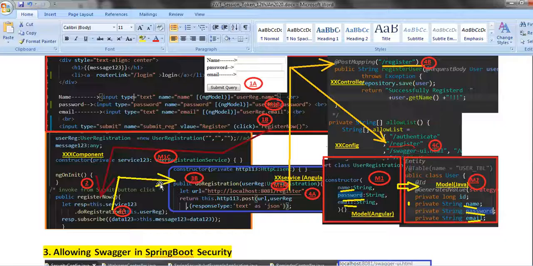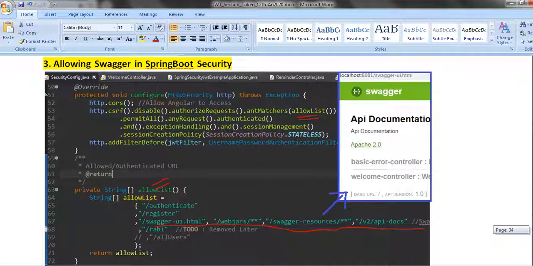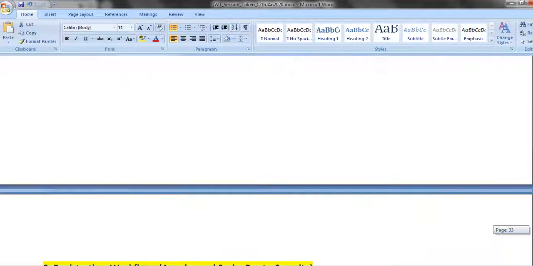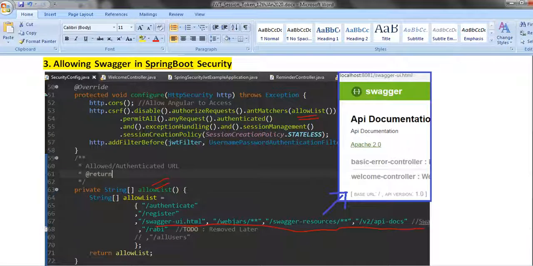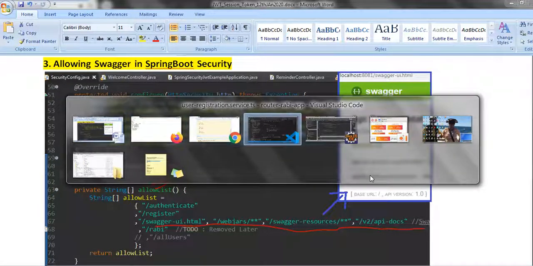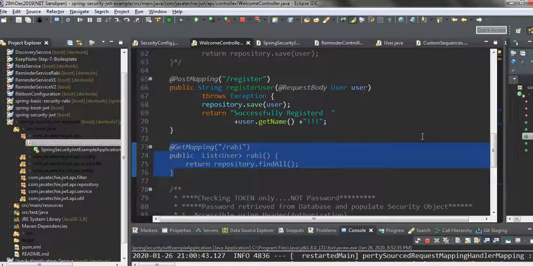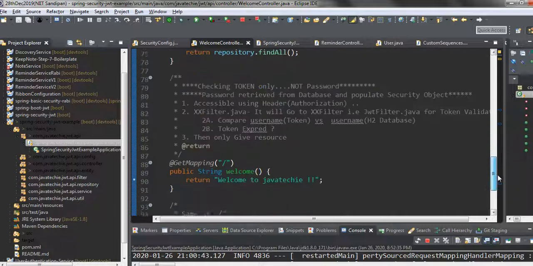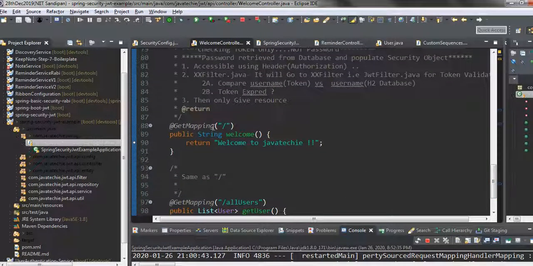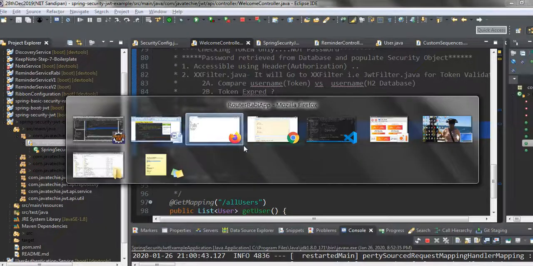Now, allow Swagger in the Spring Boot security. I have already discussed that once we have added these multiple URLs, only then is Swagger visible. Let me revisit the controller. Here I purposefully added something, this is temporary, I will remove it later. And this one also is not whitelisted. So if you try it here,